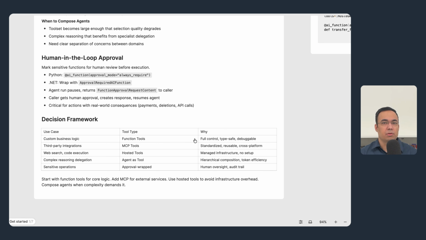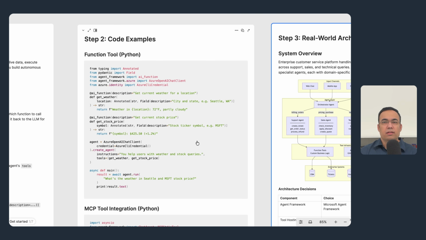So now let's move to step 2 and look at actual code examples. In this example, we're creating two tools. The first function, get_weather, takes a location parameter and returns weather information. The second function, get_stock_price, takes a stock symbol and returns pricing data. Both functions use the AI function decorator with clear descriptions, and both use annotated types with Pydantic field descriptions for